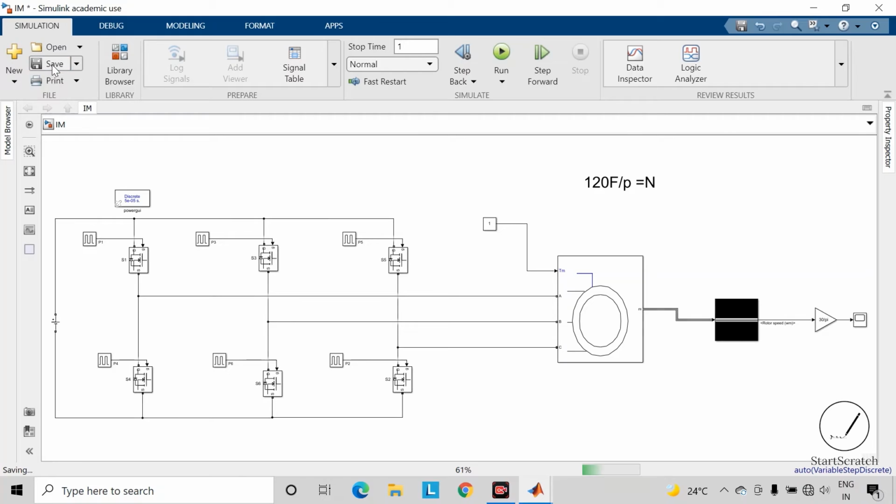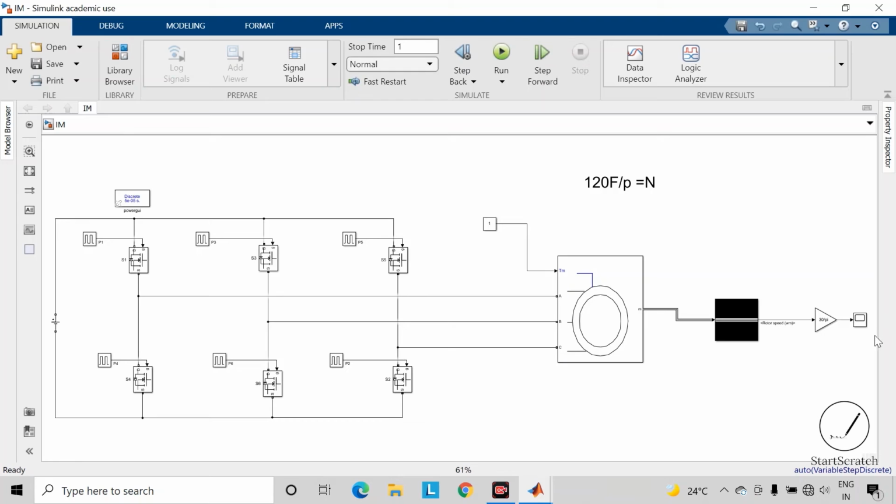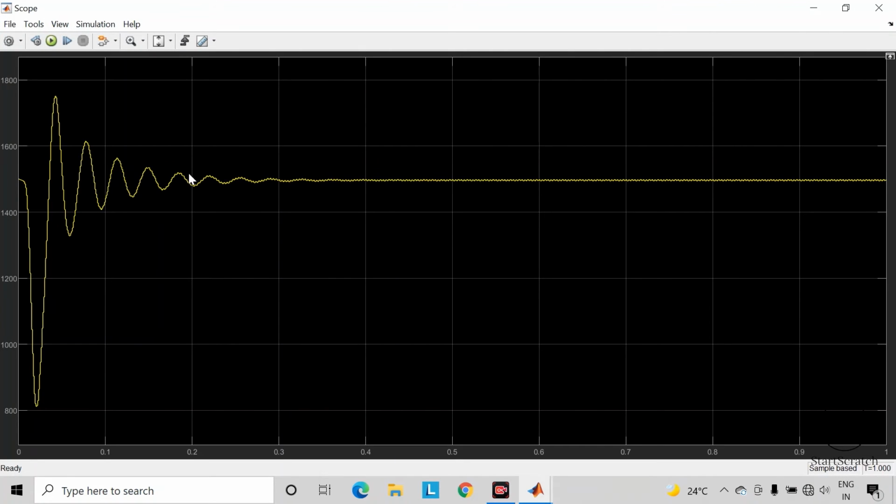So now save the changes and we will now observe the speed which is obtained at this frequency of 50 Hz. So run the simulation. Open this scope block. First observe the speed. And as you can observe here, the average speed which we have obtained in the steady state is almost 1500 rpm.